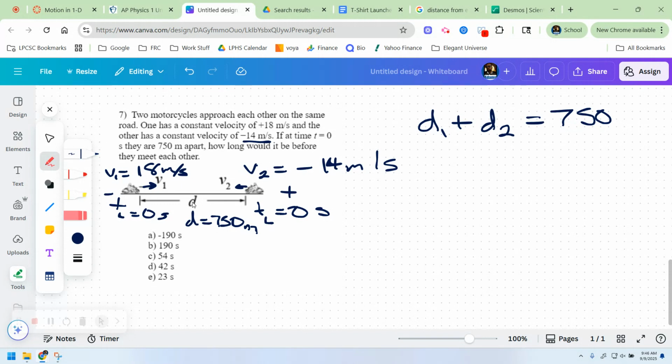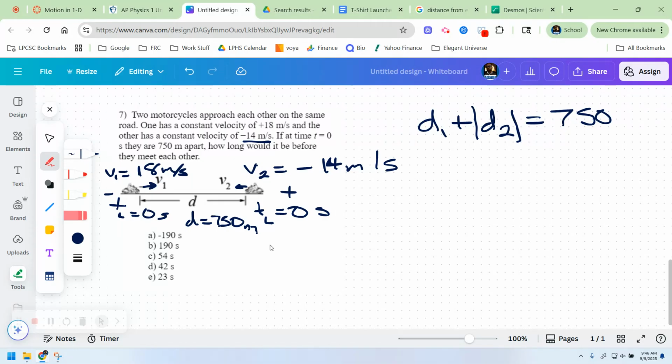But if I subtract that distance from the 750, it's going to be wonky. So what I have to remember is to take the absolute value of this distance, because that displacement would be negative. And I don't want negative. I just want the distance of 1 and the distance of 2 to equal